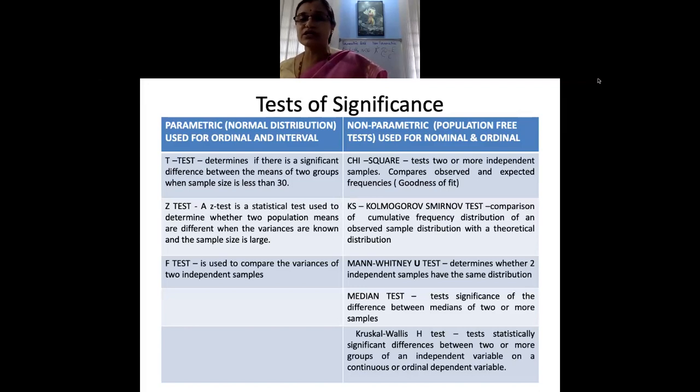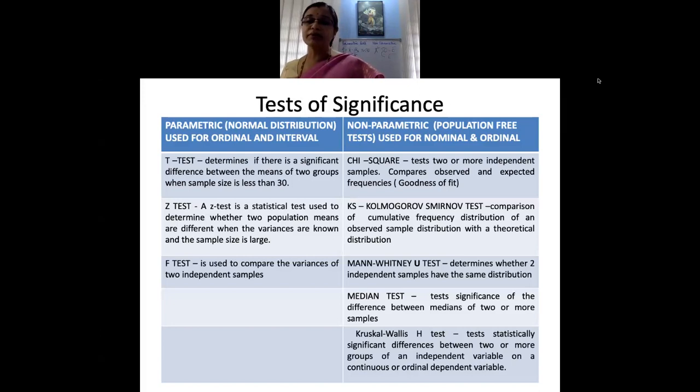But please do understand, as a researcher, all that you need to do is try to understand when I have to use a t-test. So when do we use a t-test? We use it only when you want to find out the difference between the means of two groups, and that too when it is a normal distribution. So this is when we use the t-test. Again, when the sample is small, it is a t-test. When the sample is large, it is a z-test.